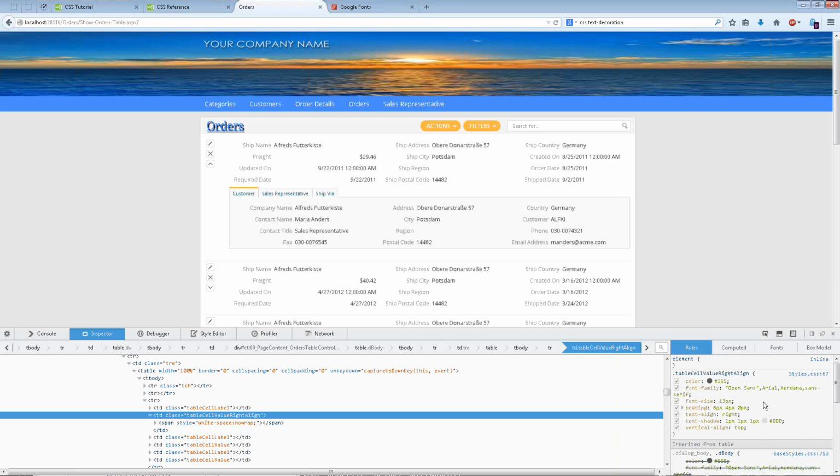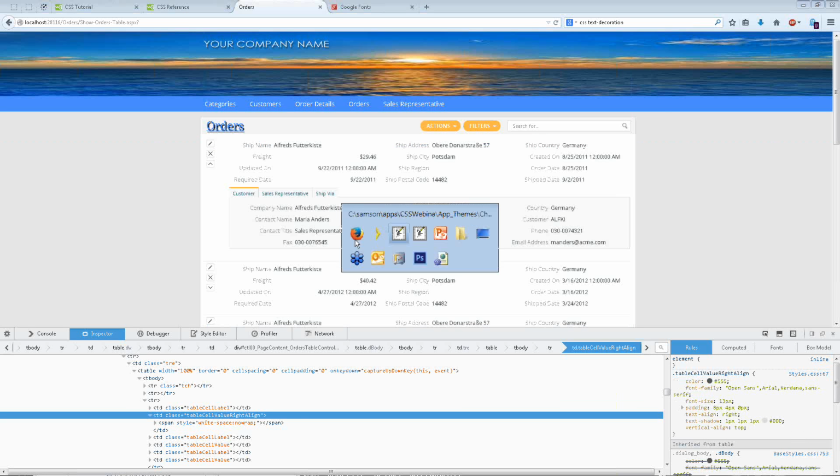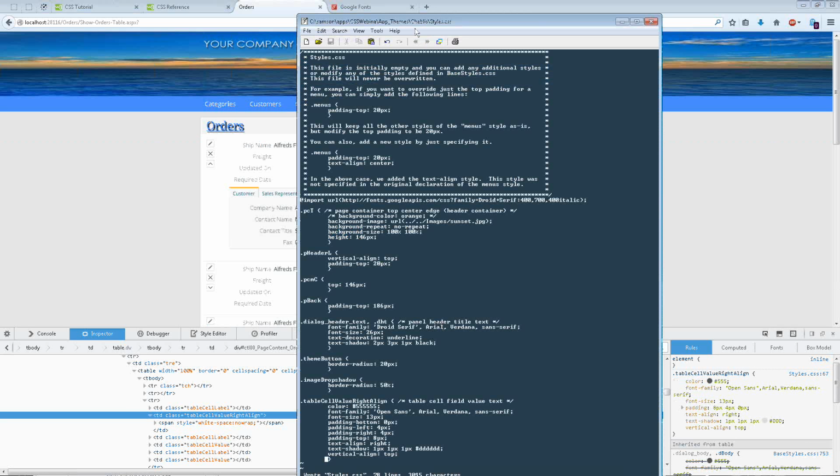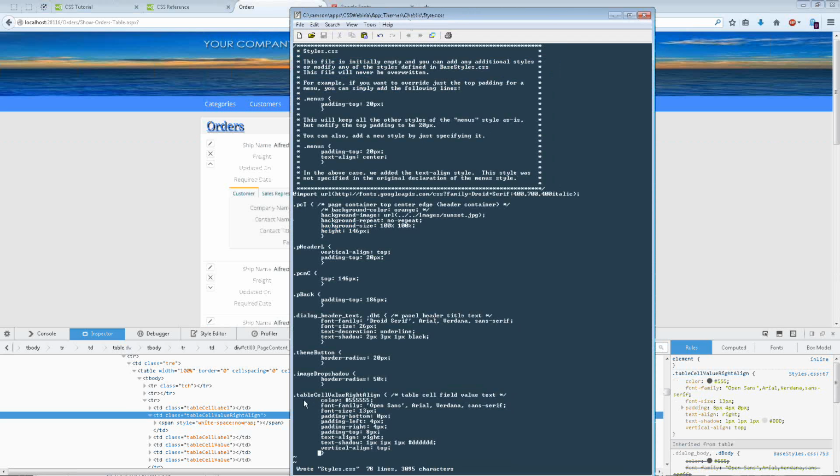Now you might be some smart guy out there who would say, hey, it's kind of bad that I have to copy all these properties from the original table cell value when I don't really need to, right? What happens if in future releases designer changes those base styles? Does that mean I have to update these on my own? That seems kind of inefficient, right? So what I can do is instead of taking every property that's in that original style,